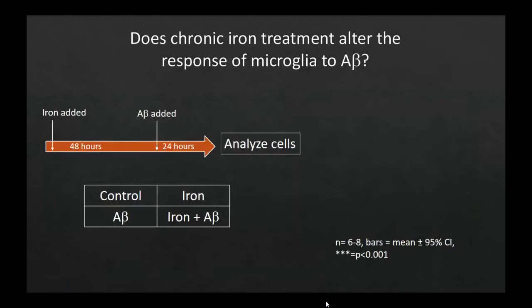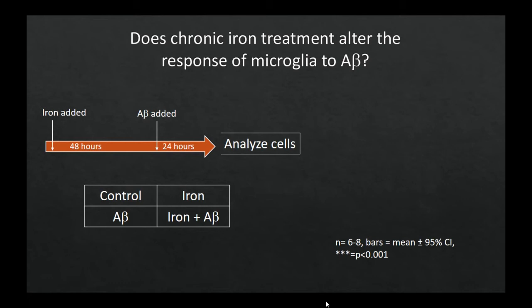Alzheimer's disease. And so what we tried to do is come up with a model to study chronic iron accumulation in microglial cells and whether or not that impacts the response to amyloid beta. So if we have amyloid beta that is released into the extracellular space as a result of Alzheimer's disease, that will then be sensed by microglia. This is part of their job, to sense and respond to changes in the environment. And our question was really, does iron in the microglial cells impact the response to this amyloid